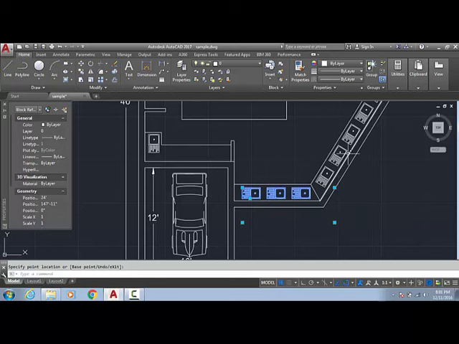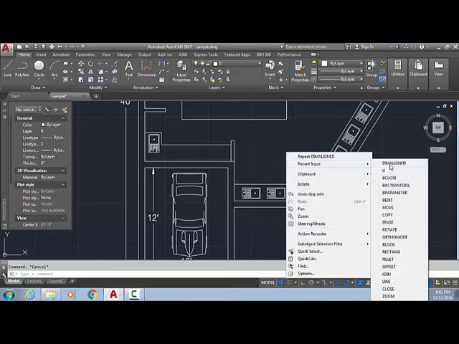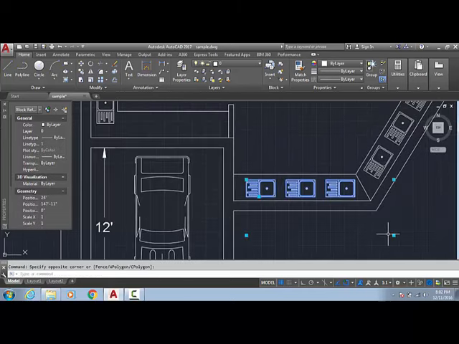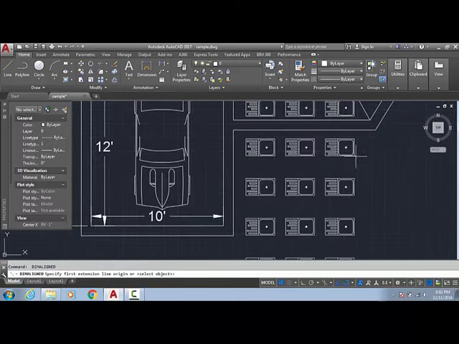So now it's okay. Now again I am going to dim align. So right click, recent commands, and dim aligned. Just select one object, second object. Look, 3 by 3. And if I select this and again pull it like this, and select this point to this point, again it's 3 by 3. This dimension I put in that case.